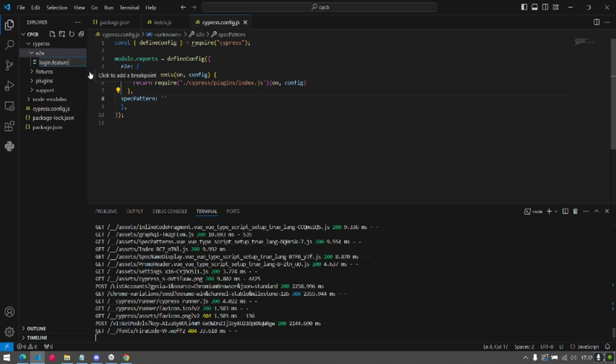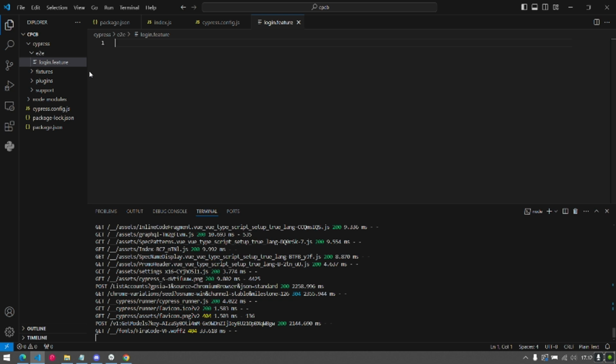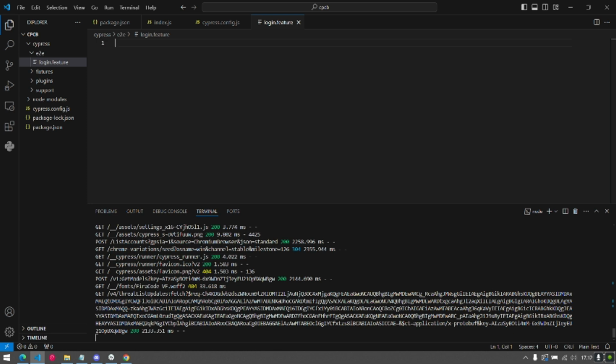Inside the feature file we can add the script that represents the scenario of our automated browser.